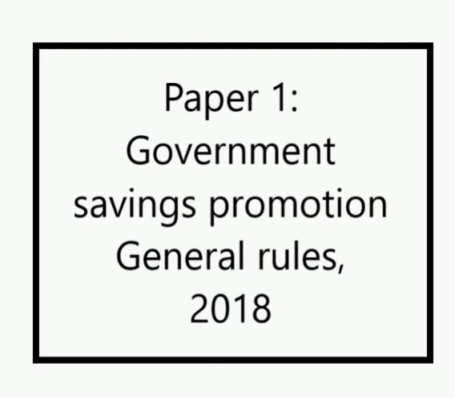and probate of his will or letters of administration of his estate or a succession certificate as granted in the Indian Succession Act 1925 is not produced within 6 months from the death of the depositor to the authorized officer of the accounts office where the account stands, then if the eligible amount in the account does not exceed rupees 5 lakh, the authorized officer of the accounts office or the authority specified by the institution to which the accounts office belongs may pay the same to any person appearing to him as the rightful claimant and to his satisfaction